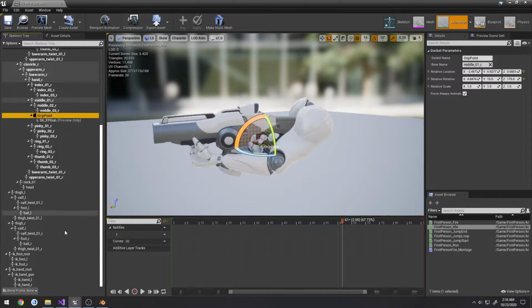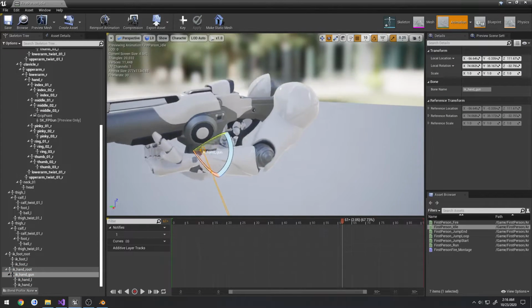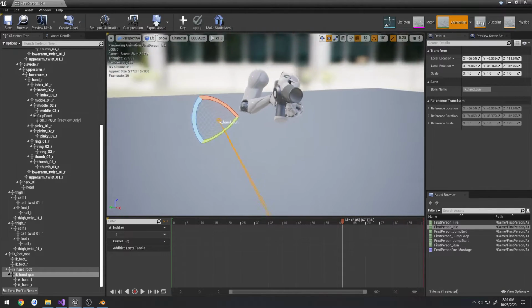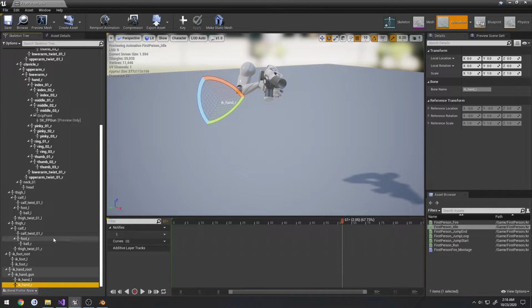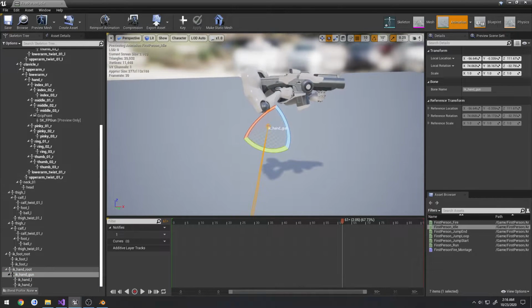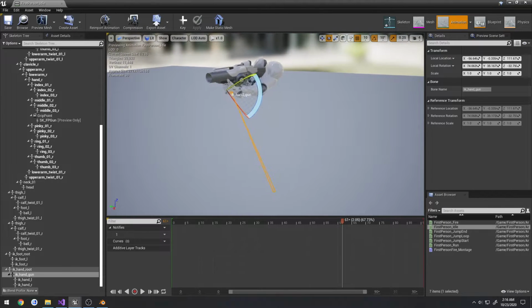And for us, the mannequin has an IK bone for a gun, which is just part of the right hand, which in this case is just way out here, but it can still be made use of. And we can also do the same concept with the hand IK as well. So those are two bones that are used to drive the IK. If you create an IK system in your animation blueprint for your left hand to grip a specific part of a firearm, that's what you would use. So we're going to use the IK_hand_gun bone for